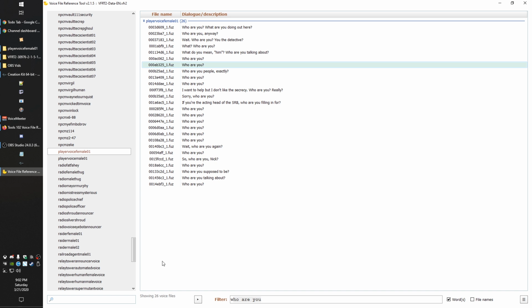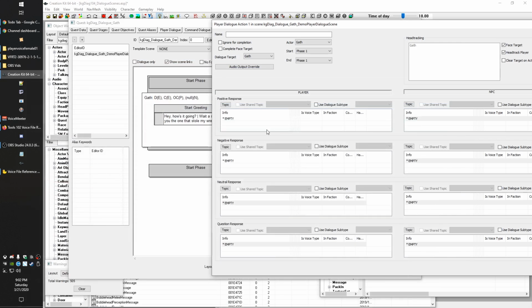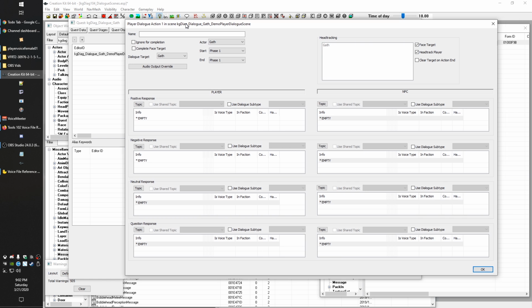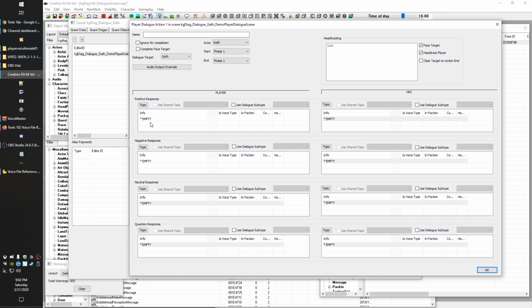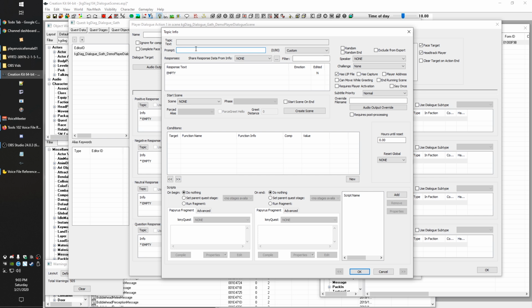It's basically a way for you to listen to and extract the audio files for the player in one shot. You tend to need to use this for research when you're writing, because if you're going to go with a voiced player, you need to make sure that any lines you type up, the player actually speaks them. Now, this is another one of those things where you can go about it however you want. One of the things you might do is fill these in with the general idea of what you're going for, and then go search later for dialogue, which is what we're going to do right now. I'm just going to start typing in generally what I want it to do so that I can finish recording and setting up all this work, and then we're going to go into the voice file reference tool and do all that. So for positive response, we'll just say